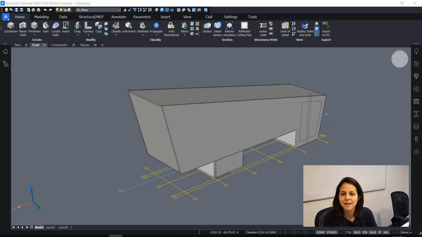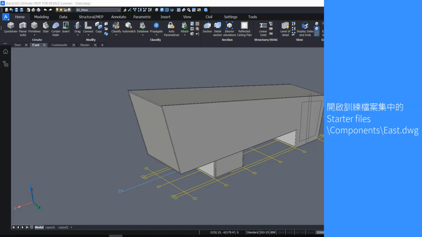Hi, my name is Melissa, and today I will be talking to you about the components panel, where it is, how to insert your components into your model, how to create your own components, and the different ways to create a window. So if you can, follow along with the training, the PDF or the document,